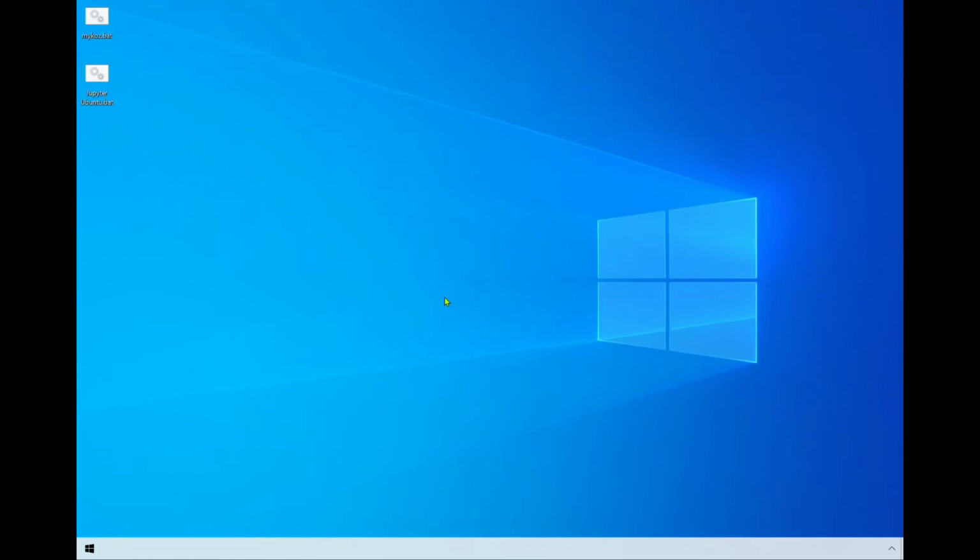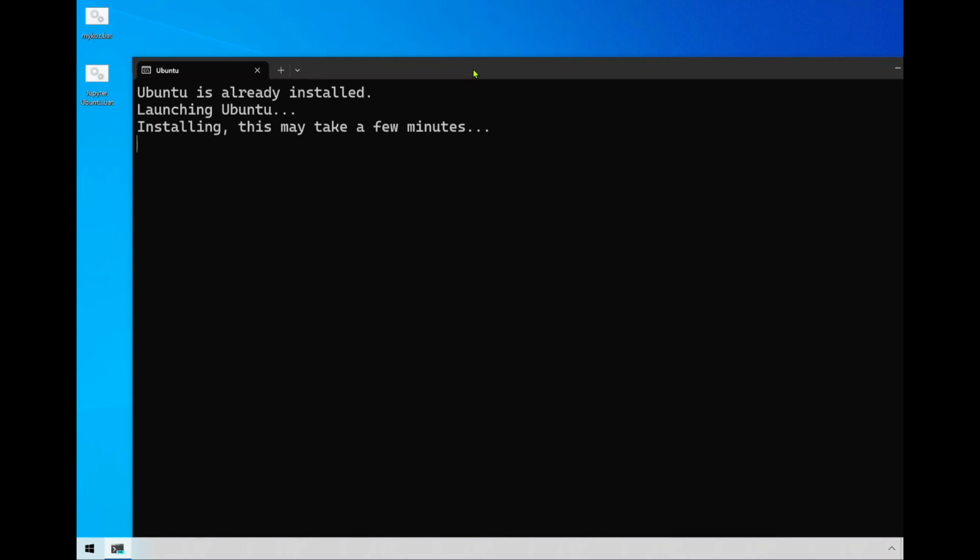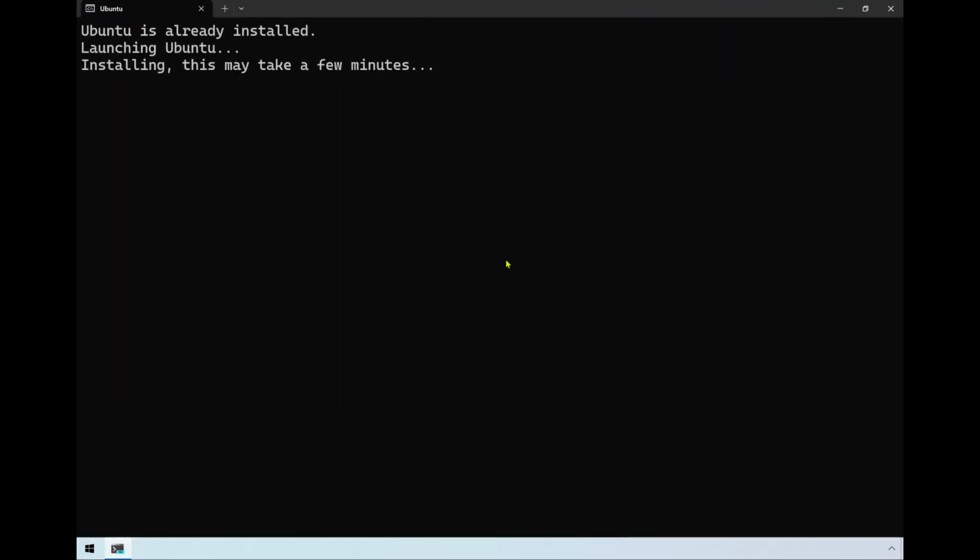So I just finished the first half of the install script for MyKoz.AI, and I did a reboot, which enables the second half of the Windows Subsystem for Linux install procedure to finish. So this is something that pops up automatically right after a reboot. It's actually going to take a few minutes to get done.